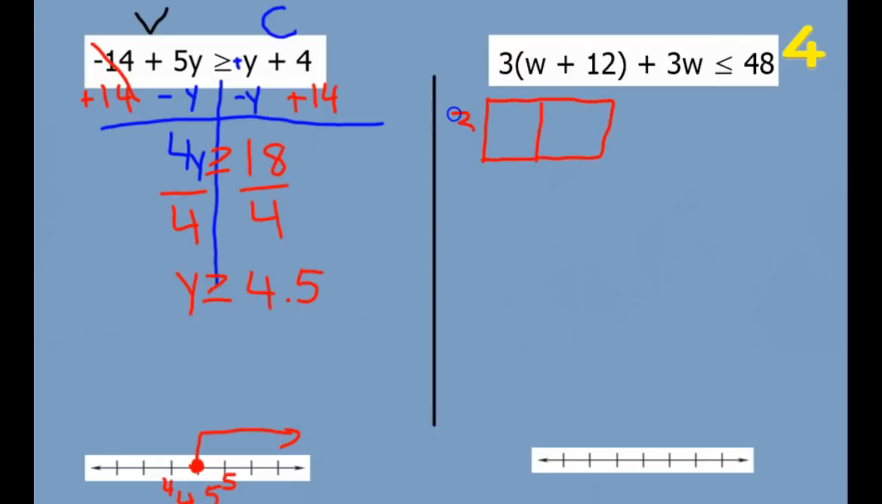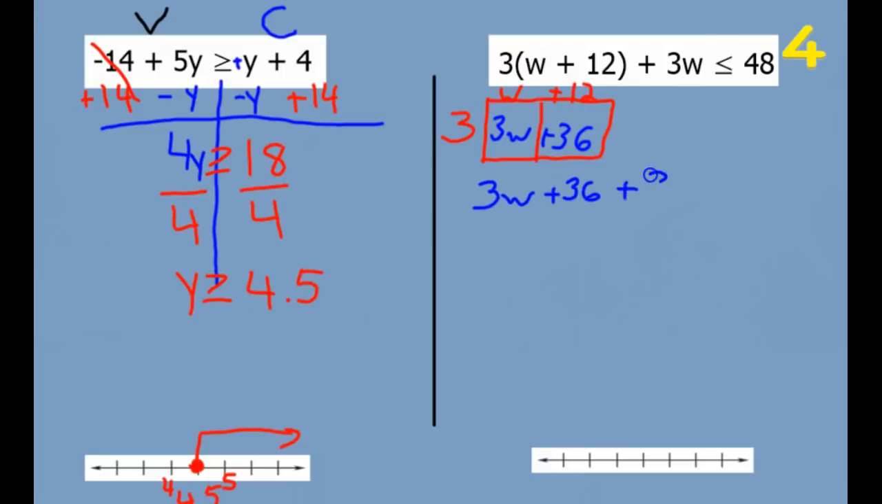What goes up front is what's in front of the parentheses, so 3 and W plus 12 on top. 3 times W is 3W. 3 times 12 is positive 36. So what we have left then is 3W plus 36